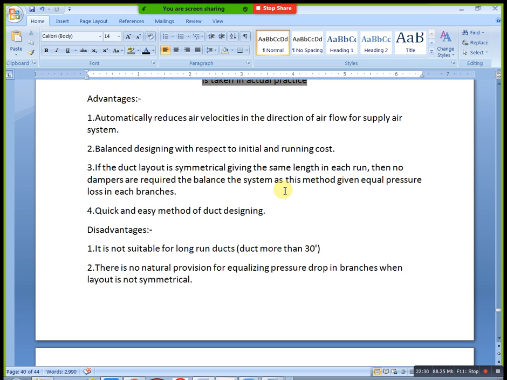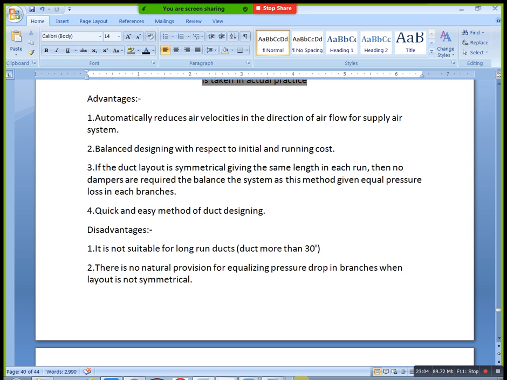You will take B to C, and you will consider the bend also. You will consider all sections. A to B, one section you consider; B to C also we need below 30 feet, and you will take C to D also we need below 30 feet. Whichever section you take, definitely we need it below 30 feet. If we have above 30 feet, we consider it a long run duct. That is not suitable for this equal friction method. Okay, next see this point.